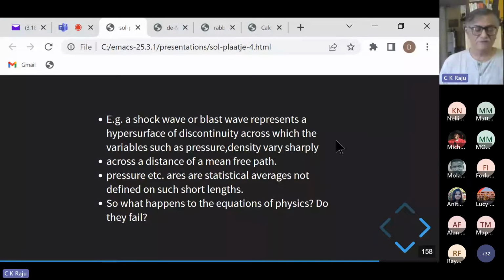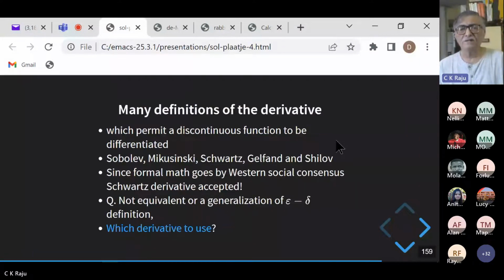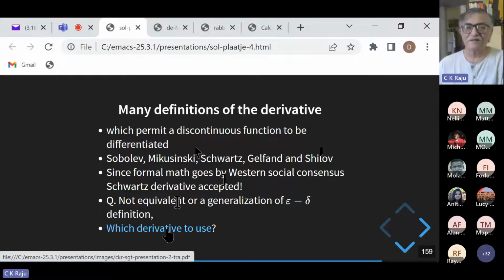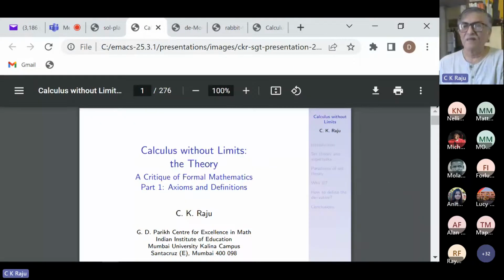So what happens to the equations of physics when you encounter a discontinuity like this? Do they fail? What do you do? There are many definitions of the derivative which permit a discontinuous function to be differentiated: Sobolev, Mikusinski, Schwartz, Colombeau, and Shilov. But since you go by Western social consensus, you have only Schwartz. My spell checker only understands Schwartz, doesn't understand Sobolev and so on. So the point is that if you do accept the Schwartz derivative, whether on social consensus or whatever, it is not a generalization of the